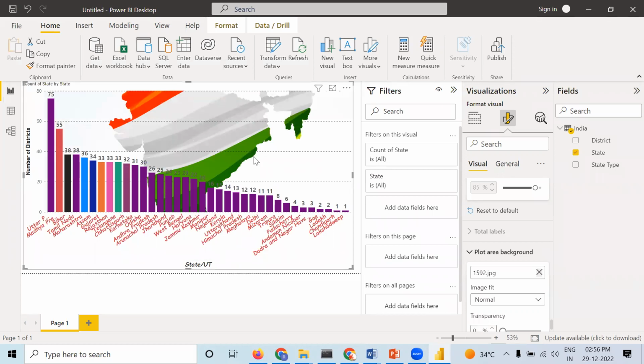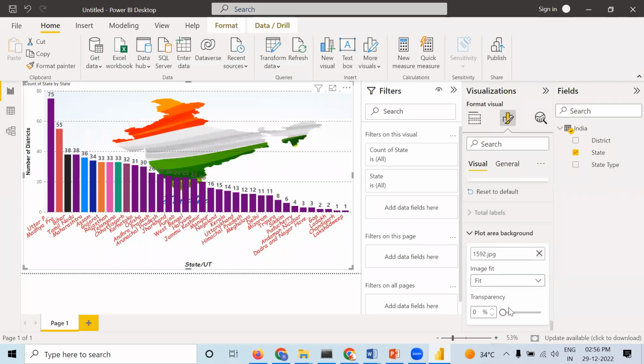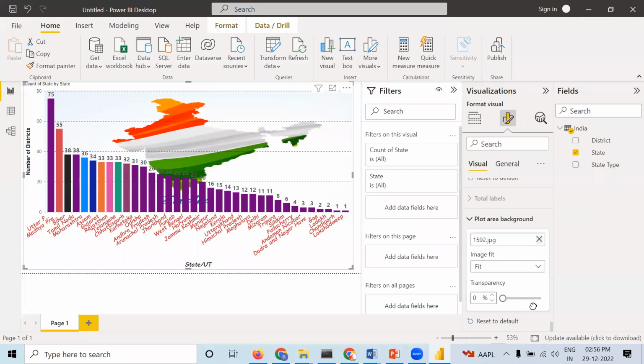Okay, this is the image that is being inputted over here, but it is not of complete size. In order to get it full in size, make it fit. Okay, now it is fitted to that particular thing. Now, when you increase the transparency, it will work